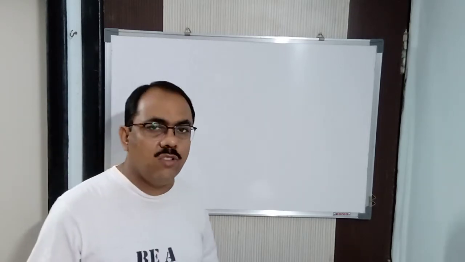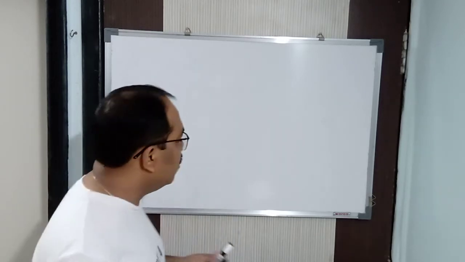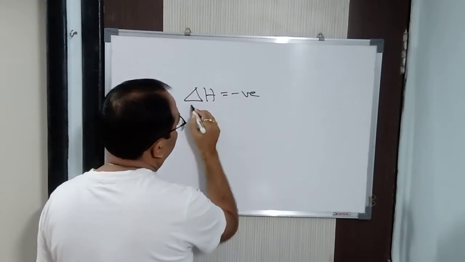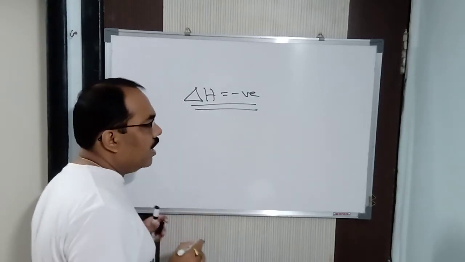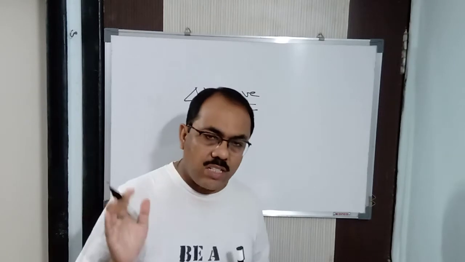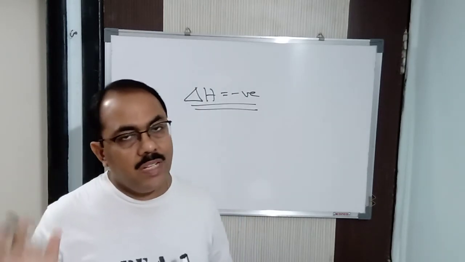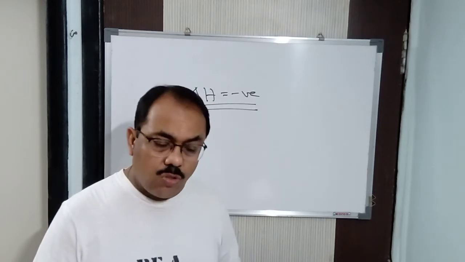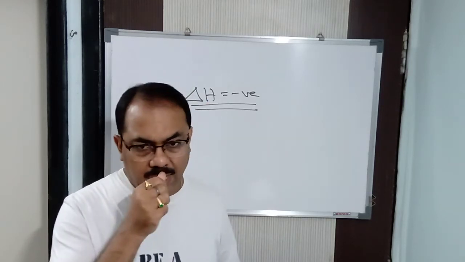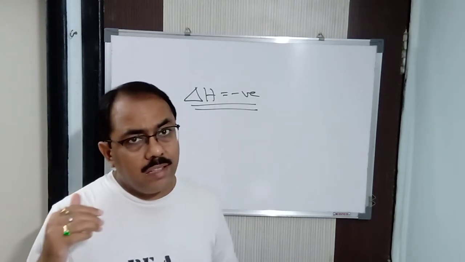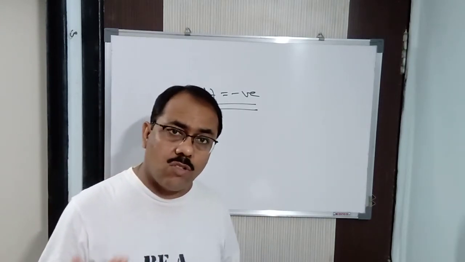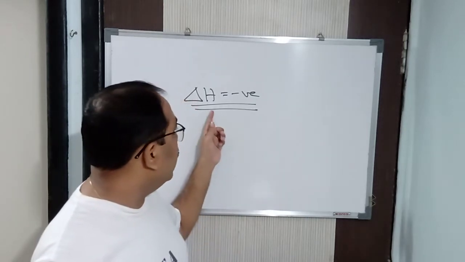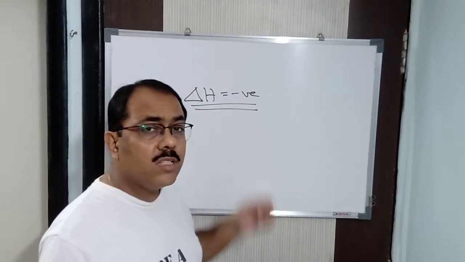So that means I should say that delta H negative is not the only criterion for the spontaneity of a process. Delta H negative, because I told you initially that every spontaneous reaction takes place with a lowering of energy, means energy is released. Alright, but we come to see several examples, as I said, where the reaction is endothermic, but the reaction is also at the same time spontaneous in nature. So hence I can say that delta H negative is not the only criterion for the spontaneity of a reaction,